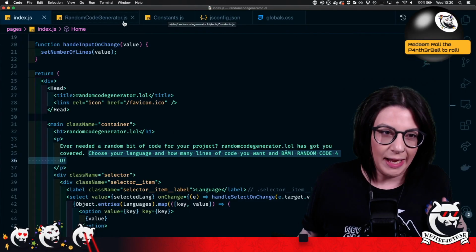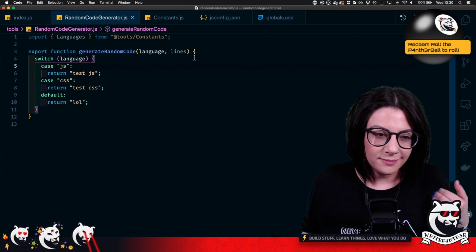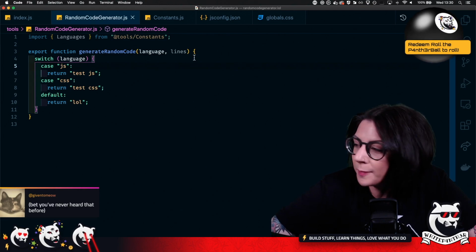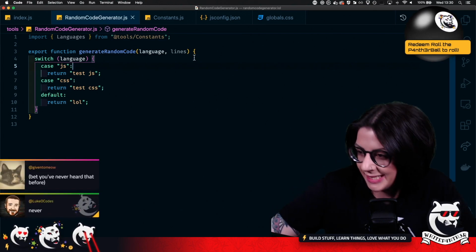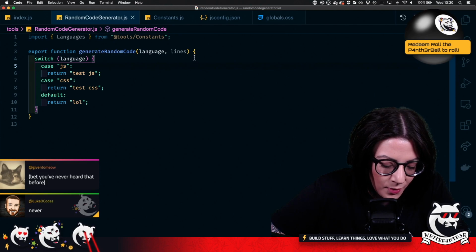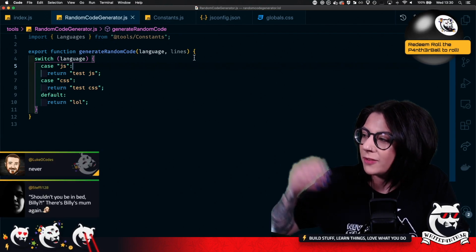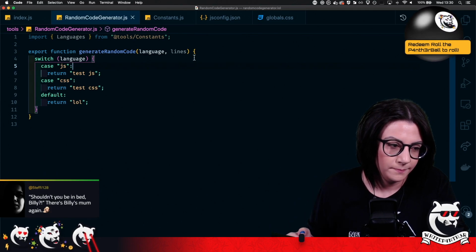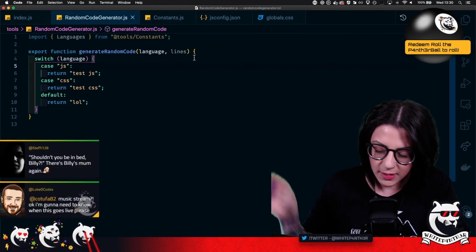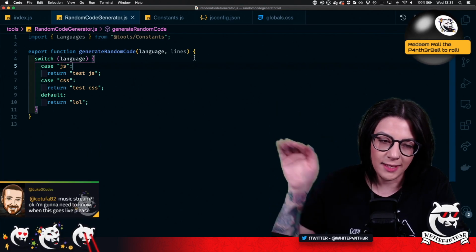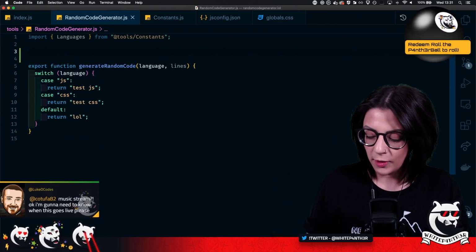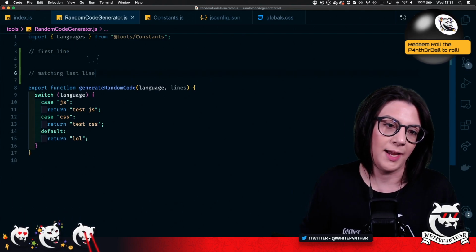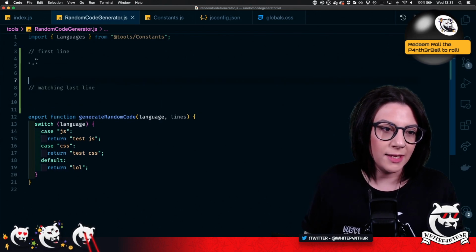So what we're going to do now is work out how to build up some random code. I'm going to start with CSS because it's easier, I think. What I think we need to do is have a selection of first lines and a selection of last lines that go together to make the functions complete and the CSS complete. Yeah, let me just write some pseudocode. So I think we need a first line and a matching last line. So with CSS, for example,